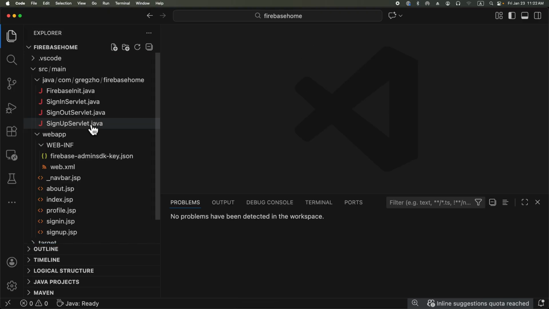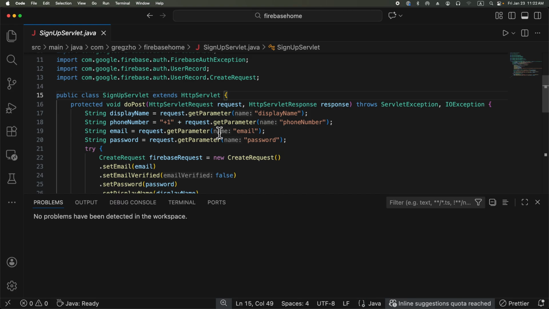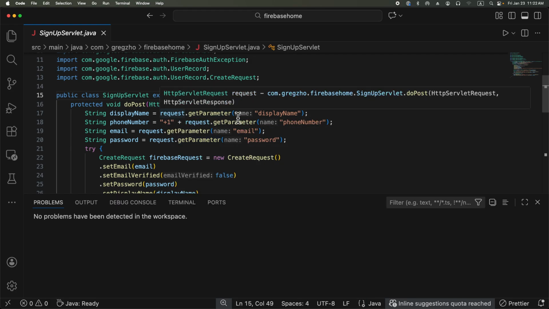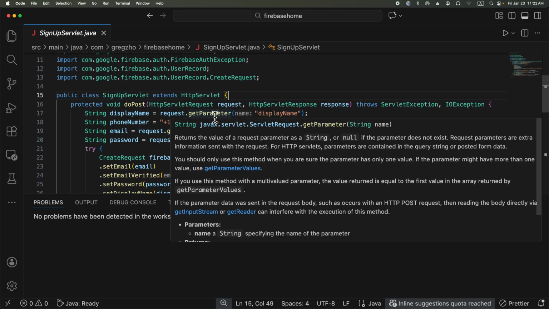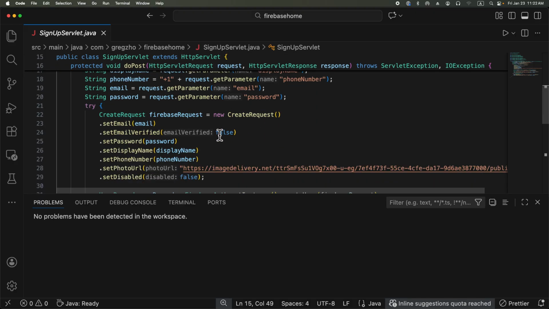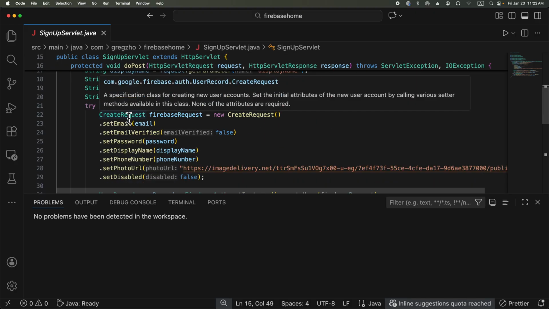Another one is the sign up servlet. The sign up servlet uses the doPost method, with these string variables from the sign up page: display name and phone number. The phone number is just an example with a country code added here, or you can add your own country code. Then the email variable, password, and get the create request, and then